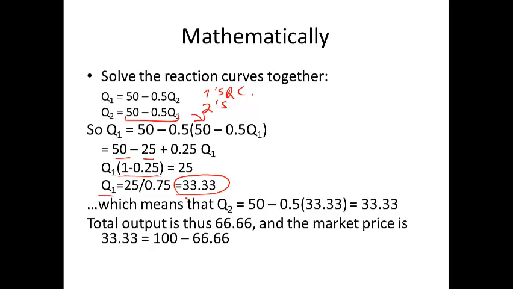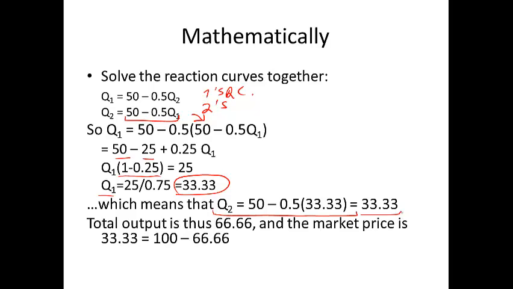Now remember, all we found here is what firm 1 produces. We need to know what firm 2 produces. So let's plug it into firm 2's reaction curve. Q2 is 50 minus 0.5 times whatever firm 1 is producing, which is 33 1/3. And that turns out to be 33 1/3 as well, which shouldn't be too surprising because everything about this model